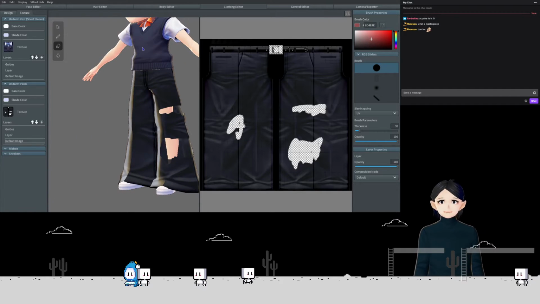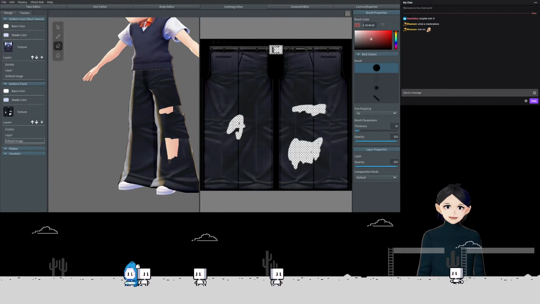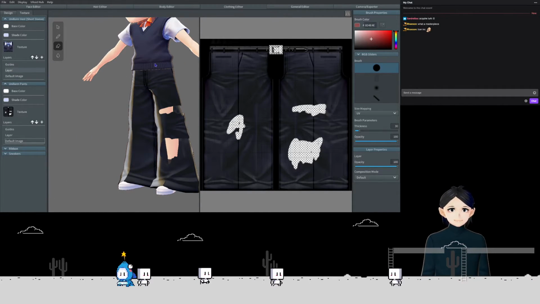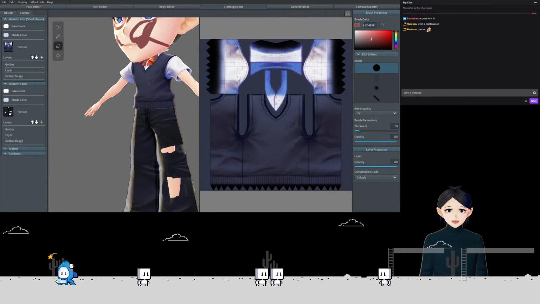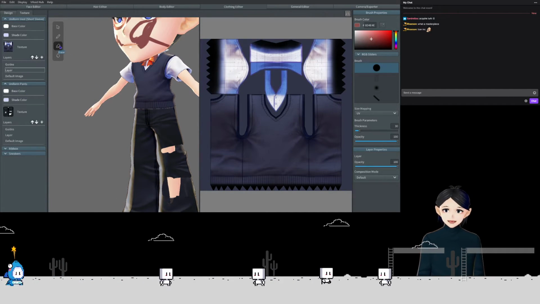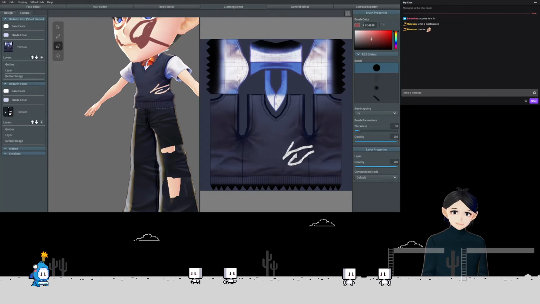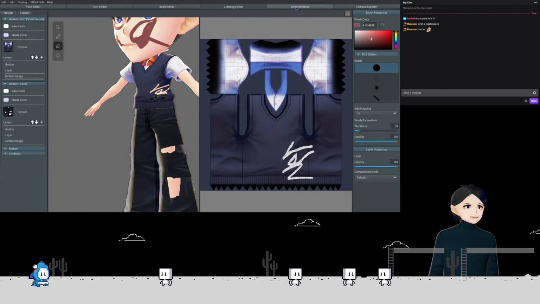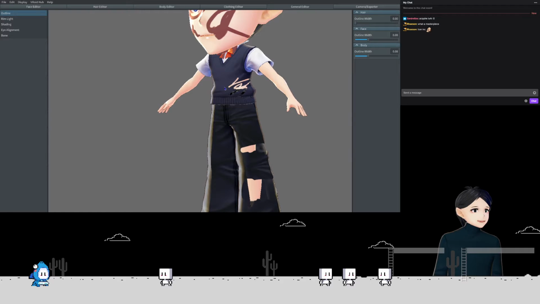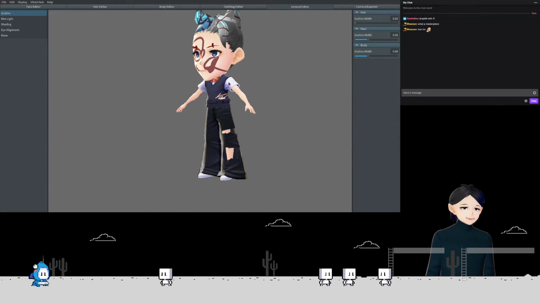So the model has a lot of ability to change what you want. So for example, hey, I want a giant gash through my character's shirt or something right here. That's fine too. And now that I've messed up my character entirely,